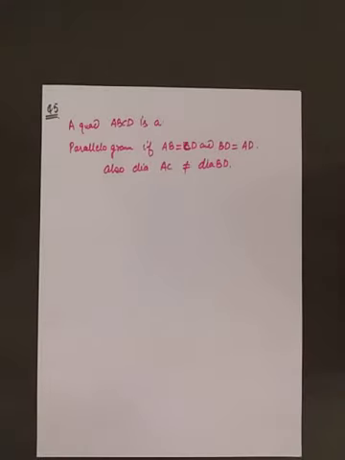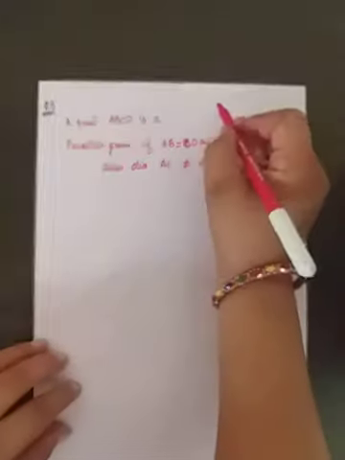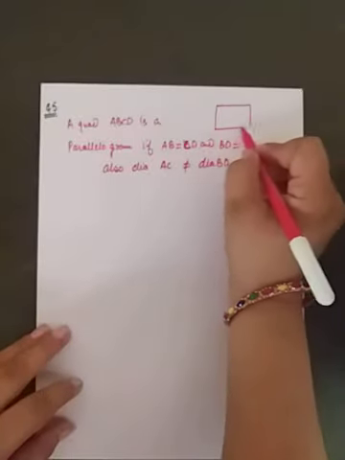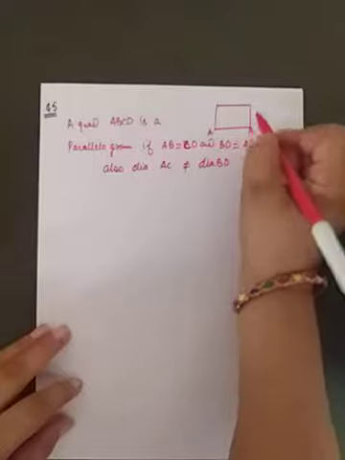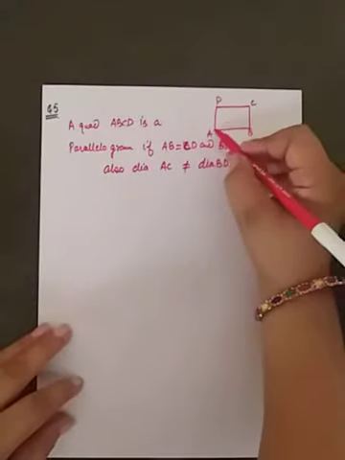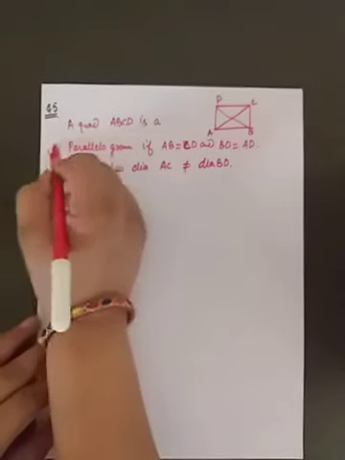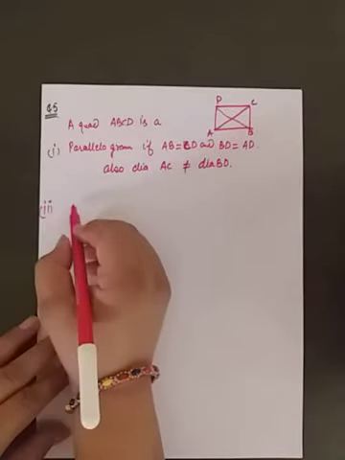Meaning, when the opposite sides of a quadrilateral are equal and the lengths of its diagonals are not equal, then the given quadrilateral is said to be a parallelogram, and it will be a rectangle